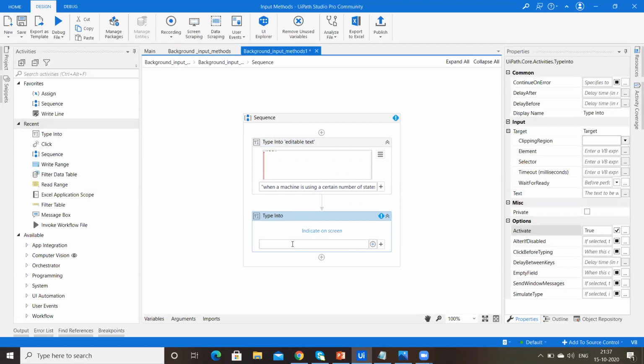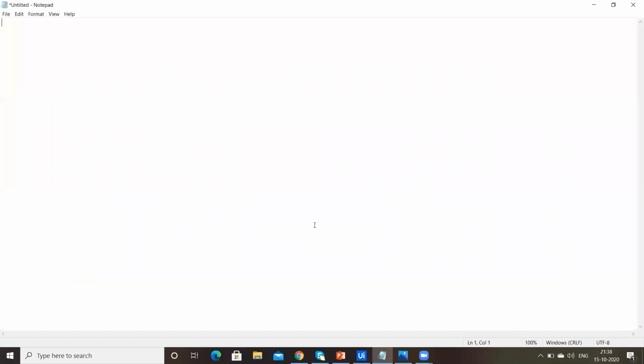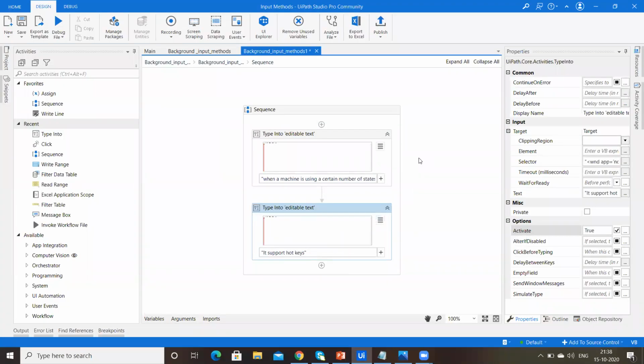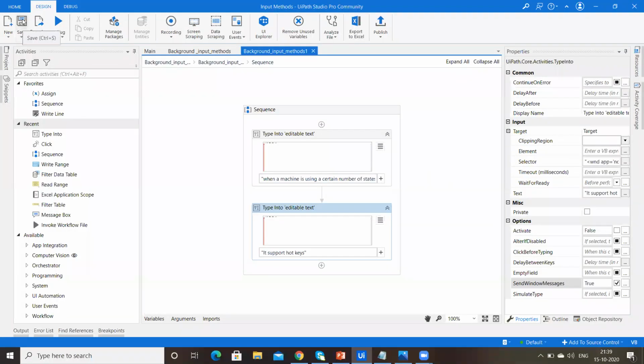Here just type it supports hotkeys. Just press on indicate on screen. Save this. Let's run.